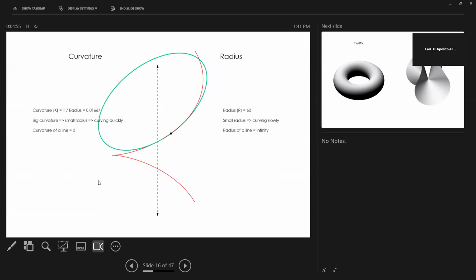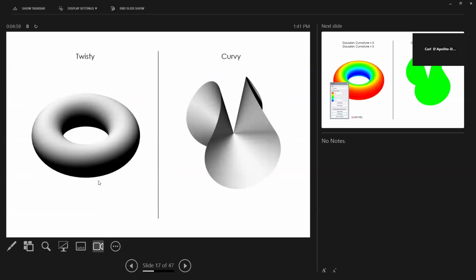Okay. So this is the other important idea. We've talked a lot about developable surfaces, but I have a simpler way of talking about it, which I think is helpful. I just want to do it for a second to make sure everybody understands. There are curvy surfaces and there are twisty surfaces, and they are different. Basically, these are twisty,